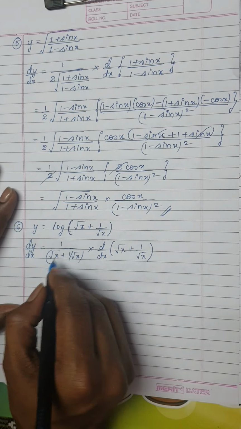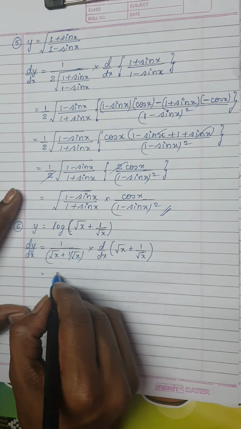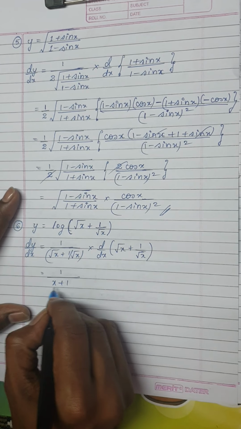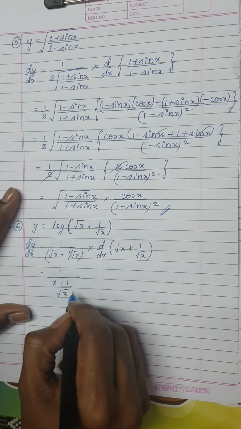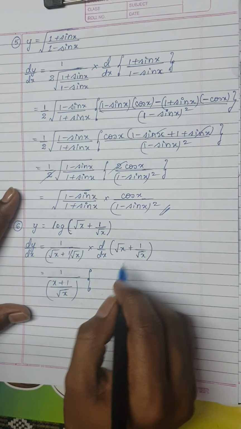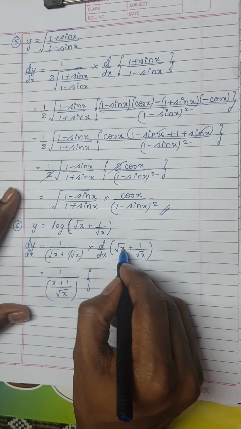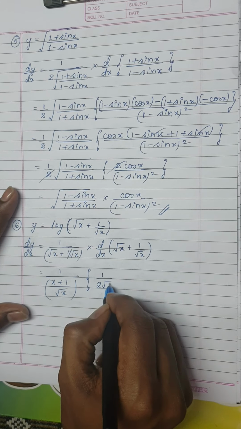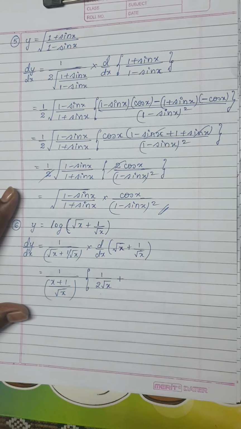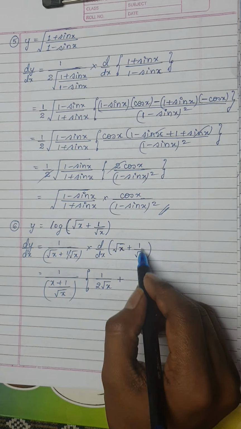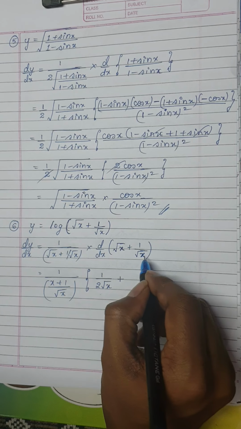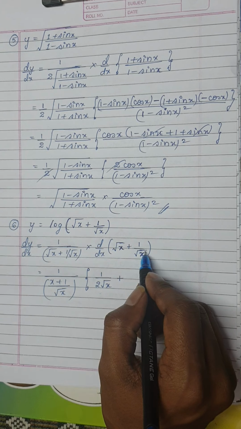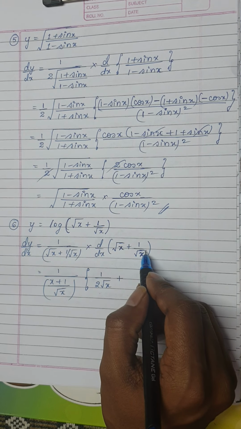Okay, fine. So this is nothing but, if you take the LCM here, you will get root x into root x becomes x plus 1 divided by root x. Okay, now we are going to differentiate this. Now this is of the form derivative of root x. What is derivative of root x? It is 1 by 2 root x plus, remember, this is 1 by x power n option. We can use the derivative of 1 by x power n formula. Only thing is the value of n is half, isn't it?